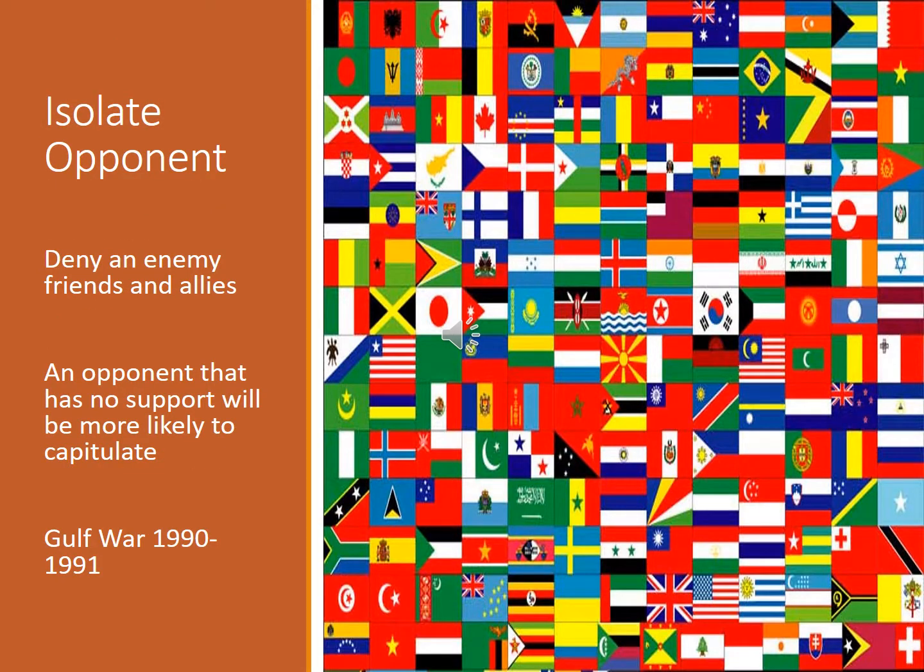Another approach states can use is to isolate an opponent, where your adversary may or may not have a large assemblage of allies, and in going up against this large assemblage of states, you don't have much of a chance of success. But if you can strip some of those allies away and isolate your adversary, then maybe that tips the balance in your favor. And here you can think of the Gulf War, the first Gulf War in 1990 and 1991,